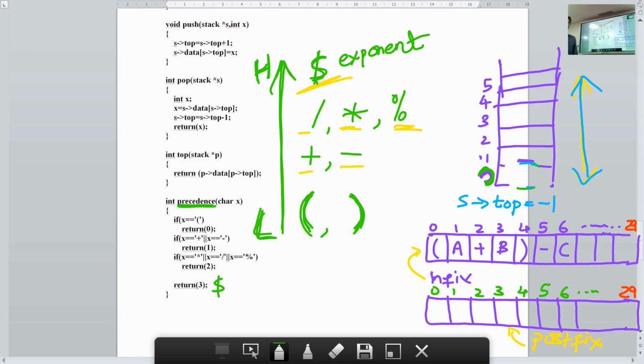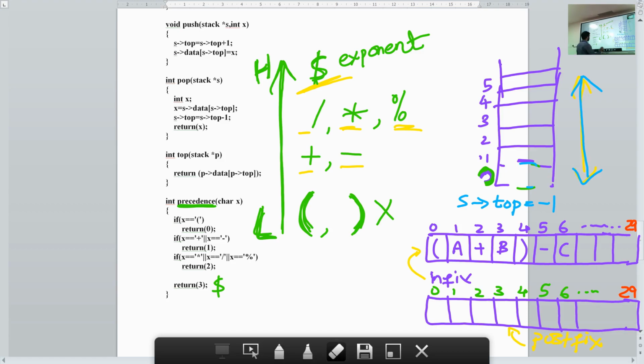In maths we do not give the opening and the closing parenthesis the lowest priority, but here we give them the lowest priority because we don't need them in a postfix expression. That is the only reason. In maths, you still have to follow the same rules that you were taught.